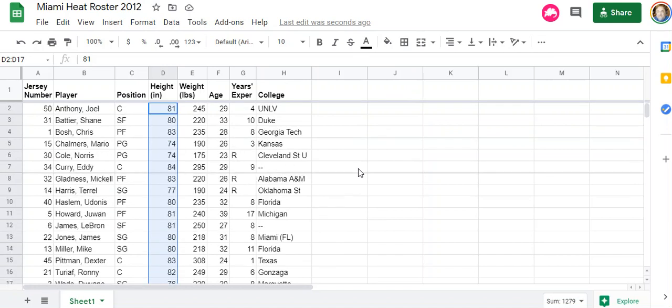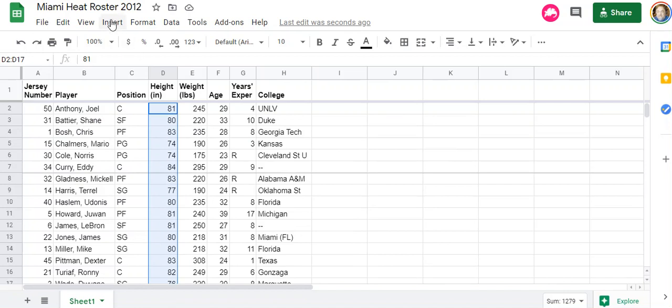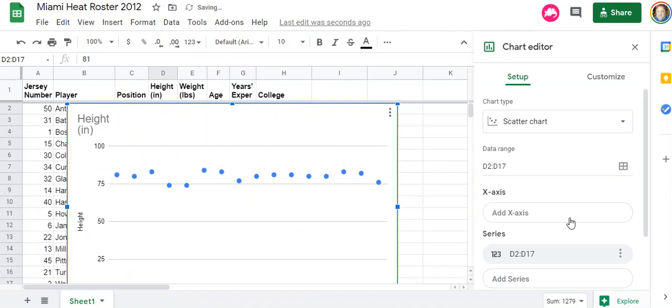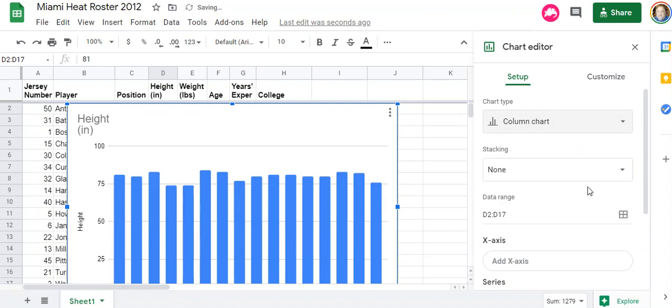Sorry, I had to pause there for a second. I drew a box around the height in inches, and I went up to Insert and Chart. And I can go over here and pick my type of chart. I can do that kind of a chart,